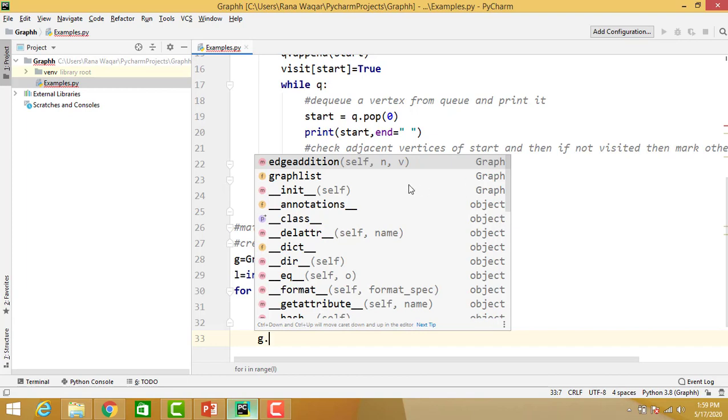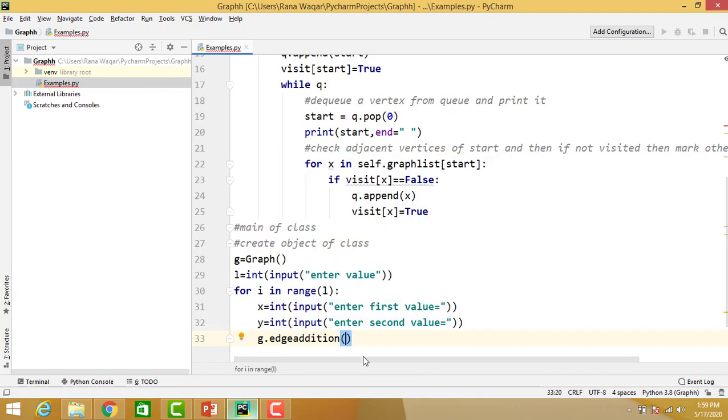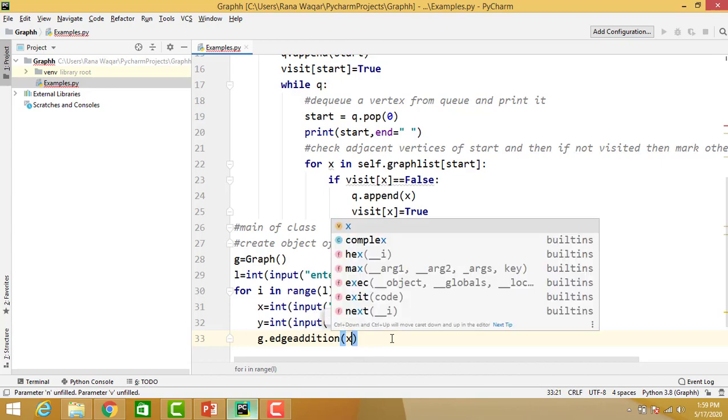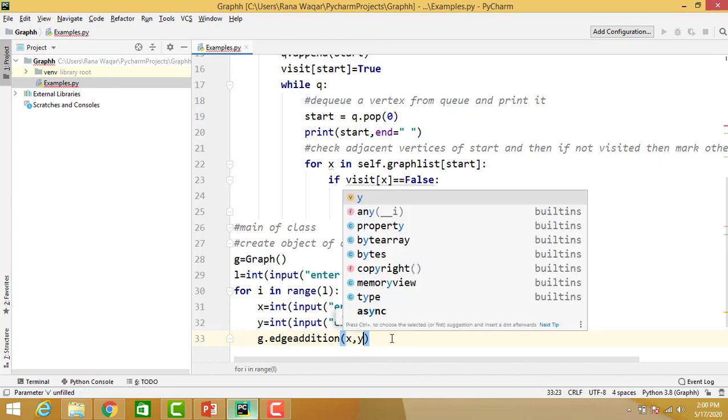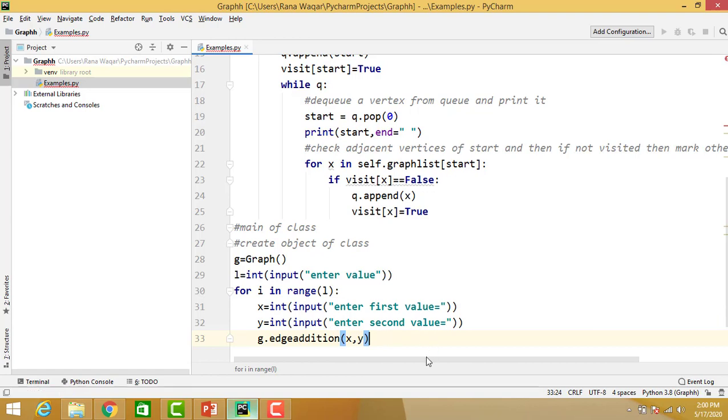Now pass these two values x and y to the edge addition function.